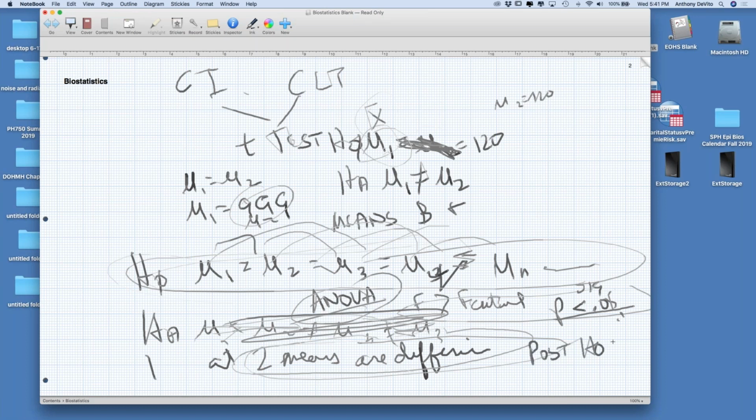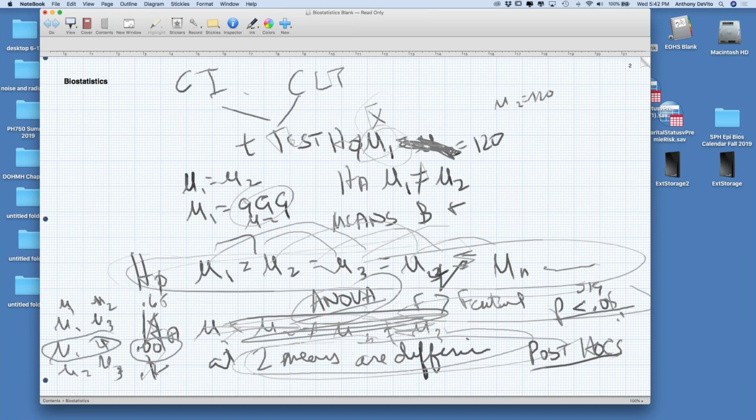And when you run the post hoc tests in SPSS, it compares mu1 against mu2, and mu1 against mu3, and then mu1 against mu4, and then mu2 against mu3, and so on and so forth. It does all those permutations and gives you a significance, let's say 0.65, 0.5, 0.001, 0.2. So you can see if the significance is less than 0.05, those are the two means that are different